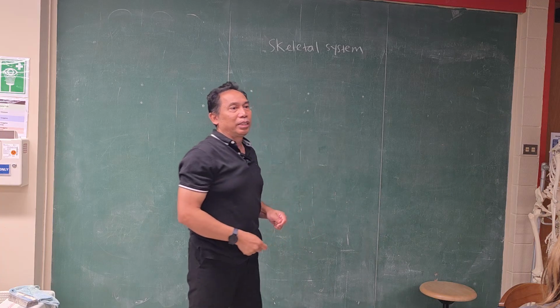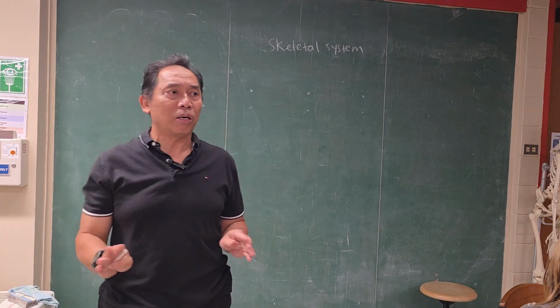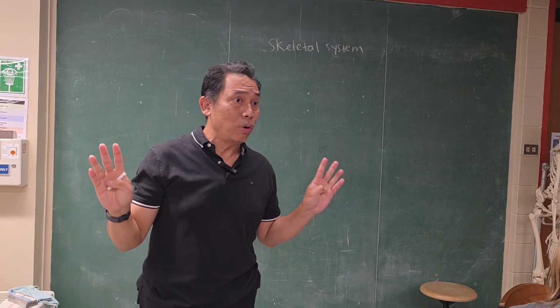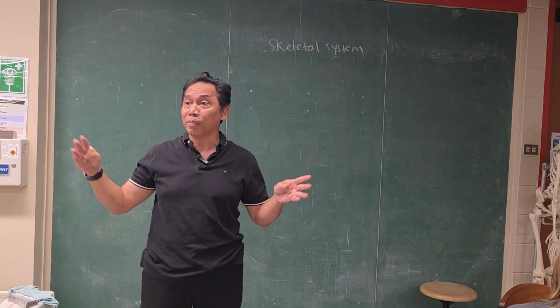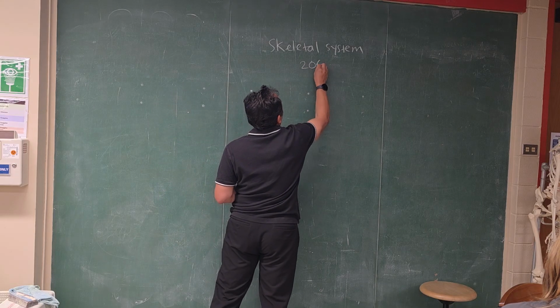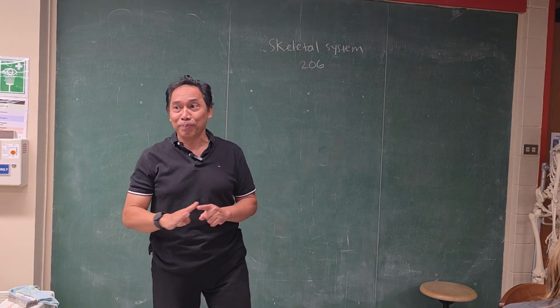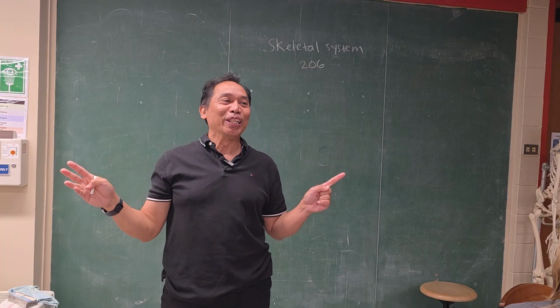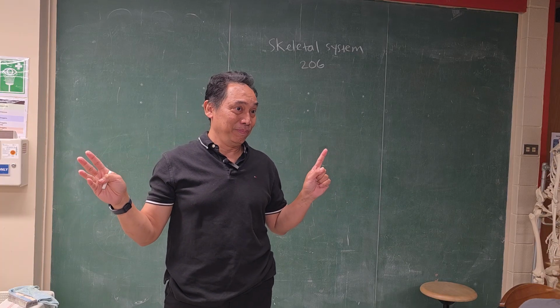Okay? The skeletal system consists of organs called bones. So all our organs, the skeletal system is called the bones. But how many bones are there normally? 206. Again, I say it over and over. If I put it on the exam, you still miss it, I cannot say anything, right? How many total bones? 206.